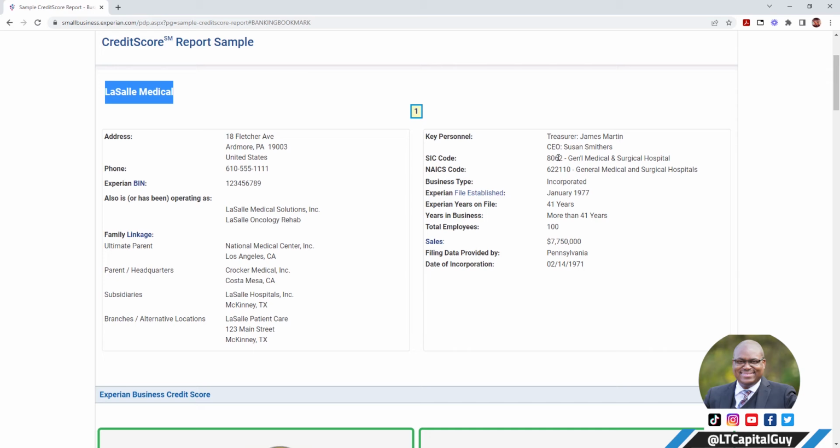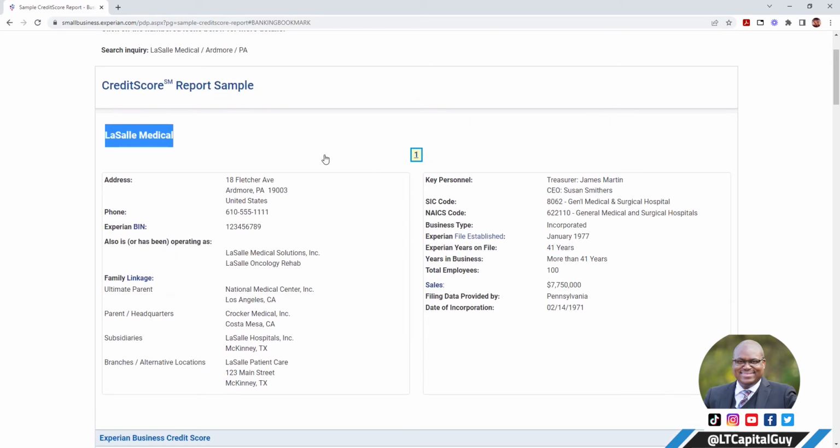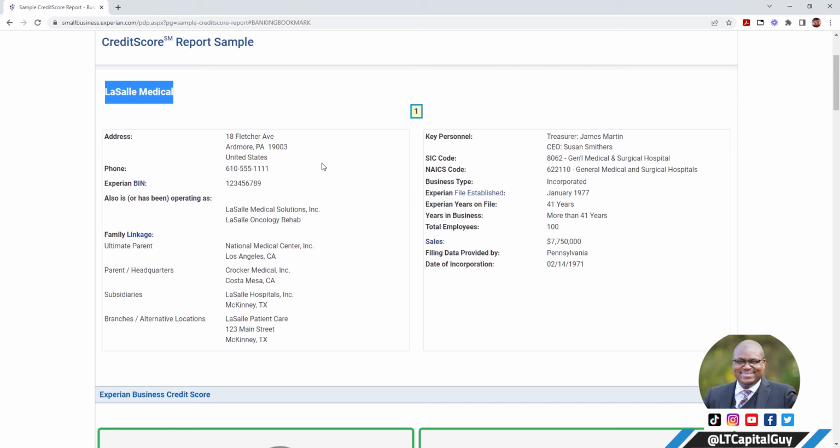So you'll actually start to get a profile once vendors start reporting to Experian and Equifax and Dun & Bradstreet, and the SIC code will reflect that. Same thing for the NAICS